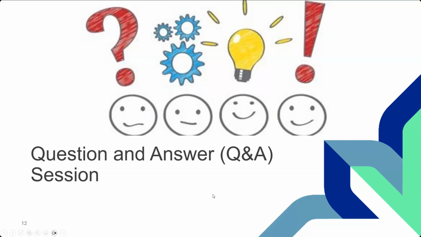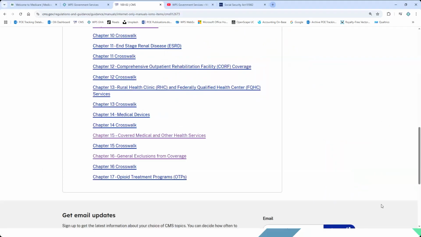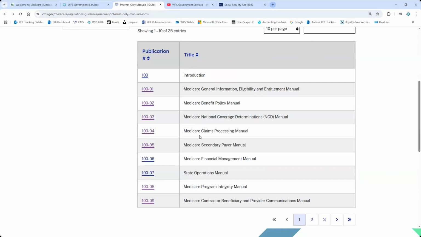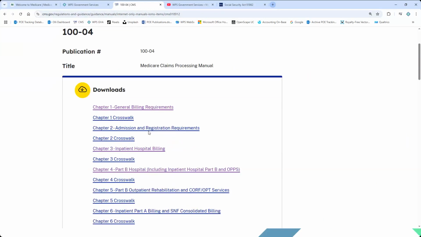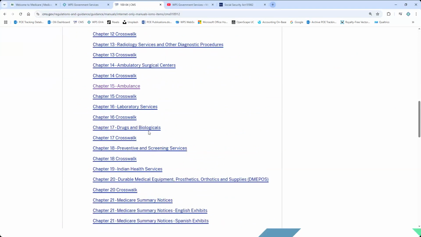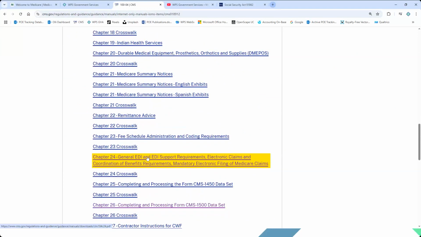What I'm going to do now is just show those to you real quick. Again, we're in 100.02 right now, which is the Benefits Manual. We need to go to the Claims Processing Manual, so it's 100.04. When we scroll down, you have to scroll way towards the bottom because it's Chapter 24. And there you can see it's the general EDI, which is electronic data interchange.